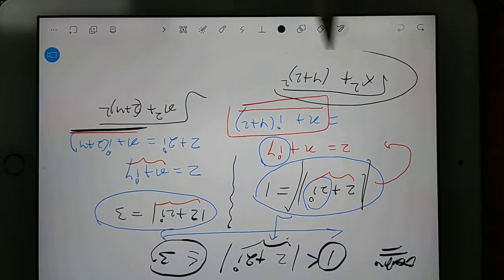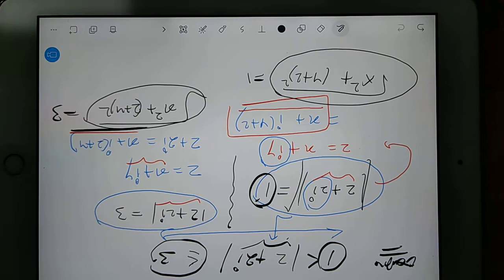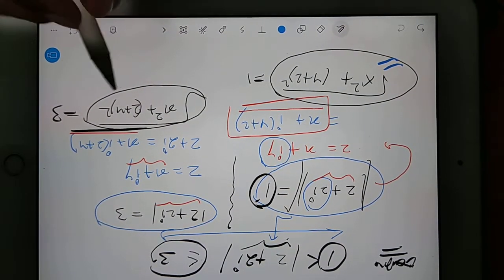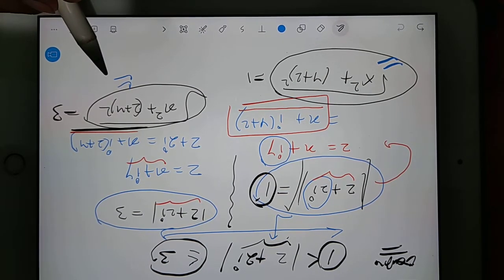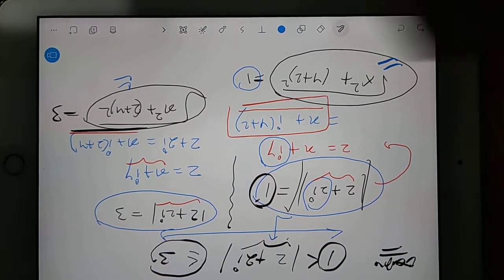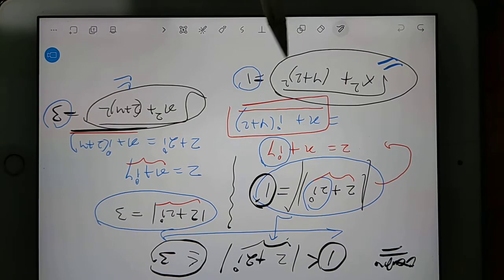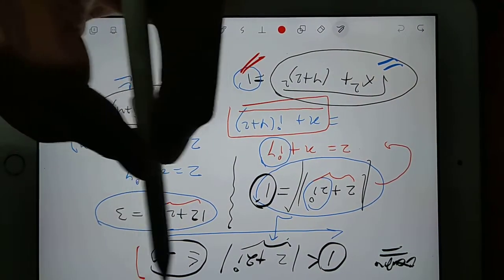Here I have considered the total mod equal to 1, and here I have considered it equal to 3. So this is also representing a circle, but with a different radius. You can clearly see the radius is going to be 1 here and 3 here. So both circles are giving you a limit.